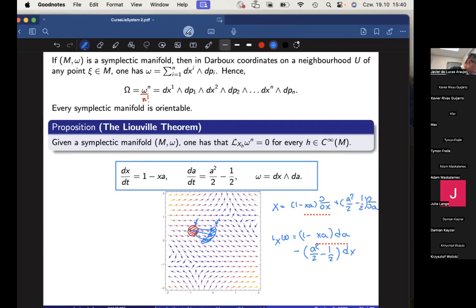So doing so, you will obtain that this is differential a plus differential x by 2 minus x on the r minus a squared the x. So it will be,